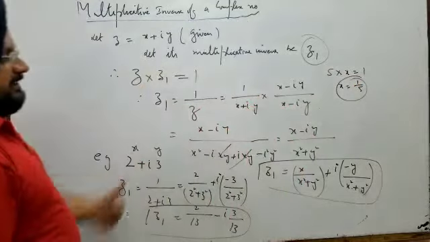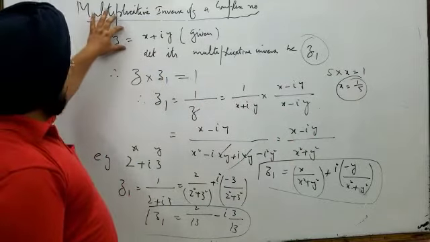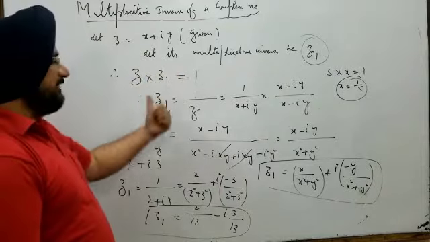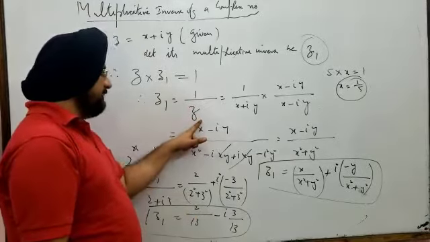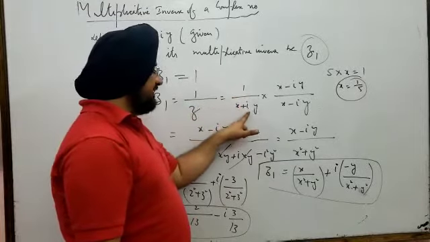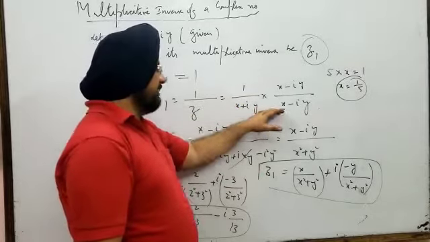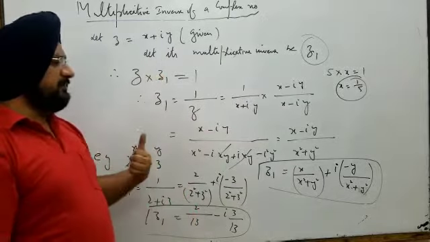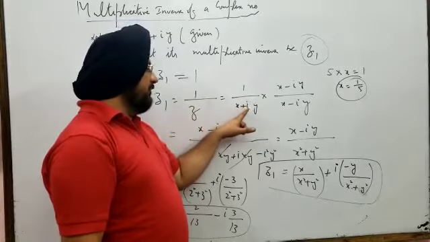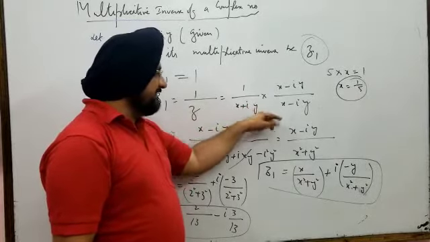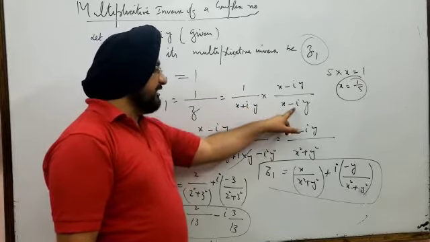So similarly, in case of complex numbers we have a multiplicative inverse, and no doubt a complex number will have a multiplicative inverse, again a complex number, which will be 1 by that complex number, and we will put the value of 1 by x plus iota y as I explained in the division part of two complex numbers. What is the purpose of division? What we do in division, we just eliminate iota from the denominator, and for iota to be eliminated, we rationalize the given complex number with the sign changed, that is x minus iota y.